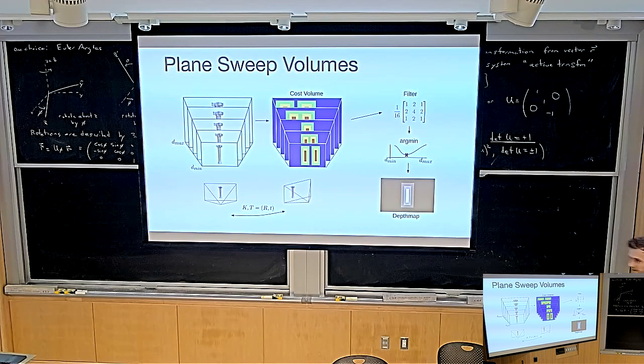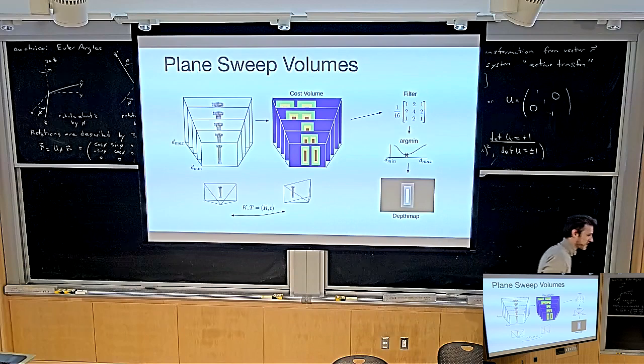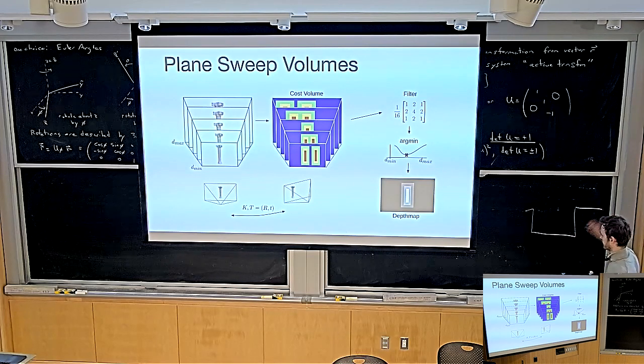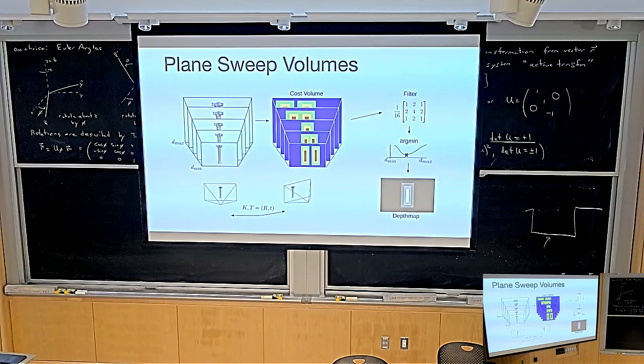Yes, it'll look super noisy, right? And why is that? It'll look super noisy because you are comparing... it could look super noisy, it could also be super flat. Imagine, for instance, you look at something that doesn't have any texture. If you look at something that doesn't have any texture, what will this plot look like? It'll basically look something like that, where this is the area that doesn't have any texture, right? Because if I look at this, any of these points that I project onto my right eye, they all have the same color. They all evaluate to the same loss, which is 0. So this in practice won't work that well.